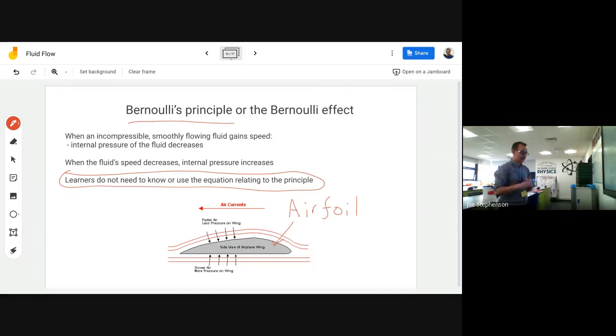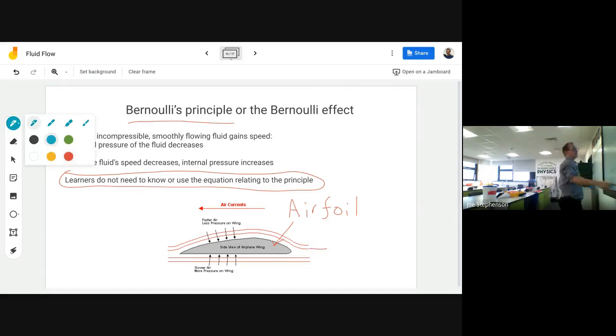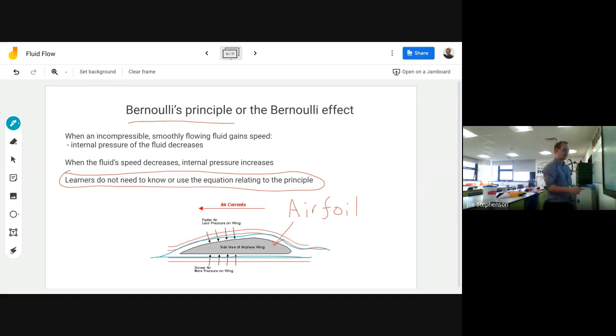Now, the way that these are designed, essentially, is to make the air, the laminar air that's coming in, so if I do this in a different color, actually, we're going blue, the air coming in is laminar. Some of it is forced up and over before joining up with the air down here, whereas some of the air is able to just carry on unimpeded. Okay, now the key thing to note here is that a smoothly flowing fluid, in this case, air is an example of a smoothly flowing fluid,